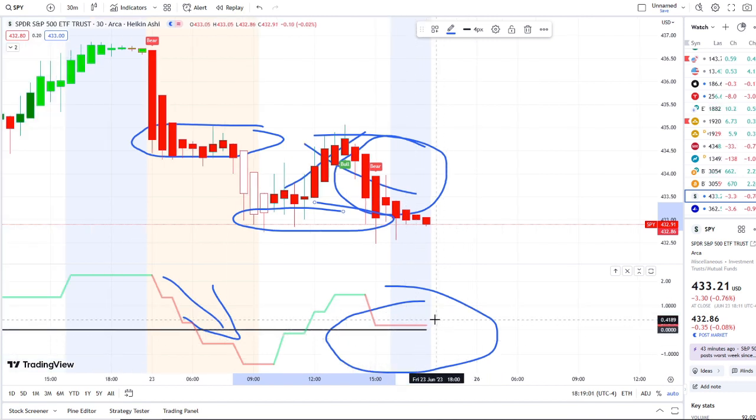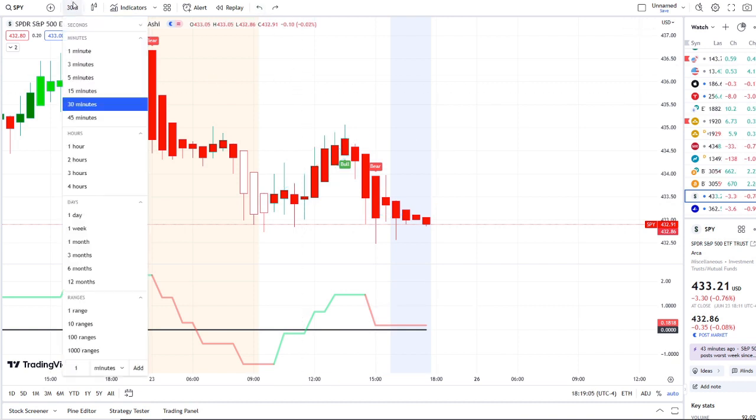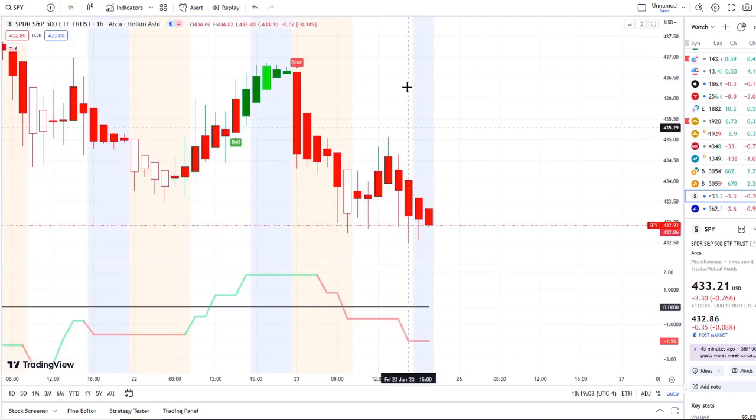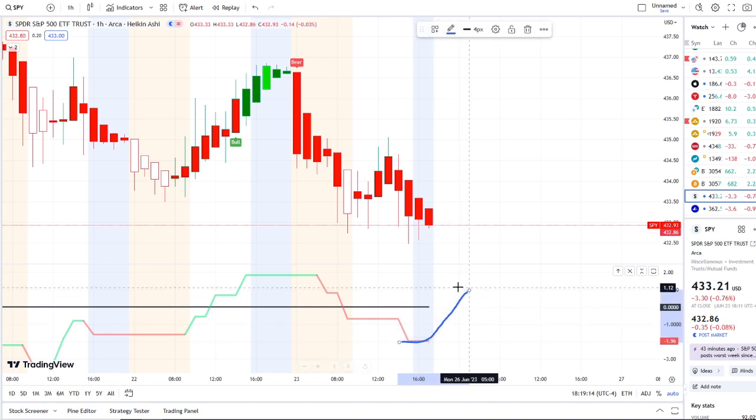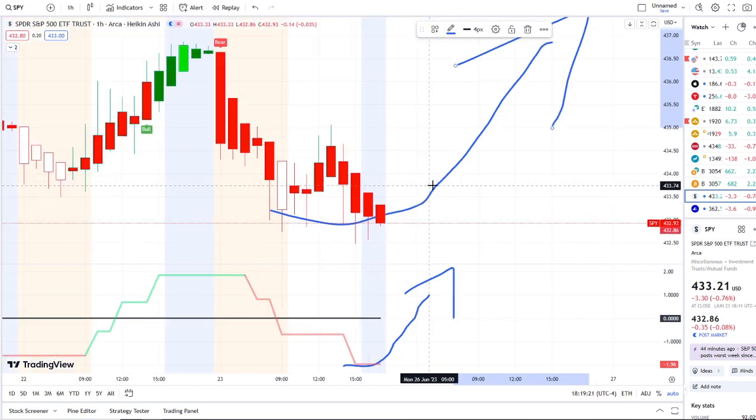I would not ignore them. And not just that here on the 30-minute, but also on the 1 hour, guys. A bear indicator popped up and outflows have crossed. I would not ignore that as well. And it's going to be crucial and critical for these inflows to pick back up to reflect any possible strength into these charts,